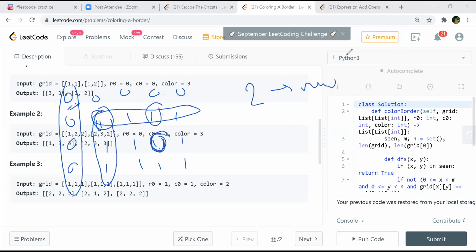For every element, if any of the 4 directions is not 1, then that's a border element, right? Okay. But in that case, then you are doing BFS? Yeah, anything can work, like BFS or DFS. We visit all the ones and check for all the elements whether in all 4 directions it is 1 or not. If it is not 1 in any direction, then that means it's a border element.